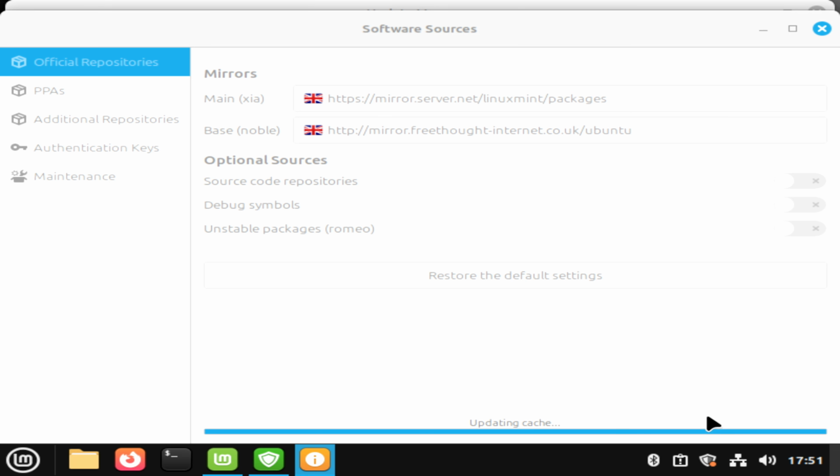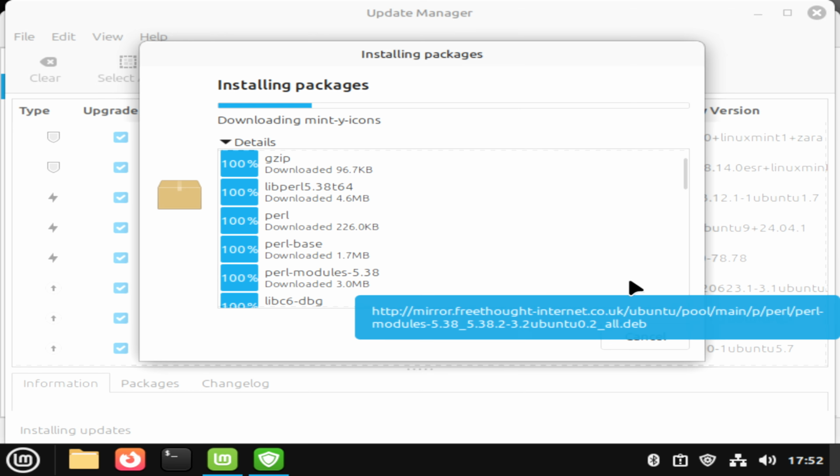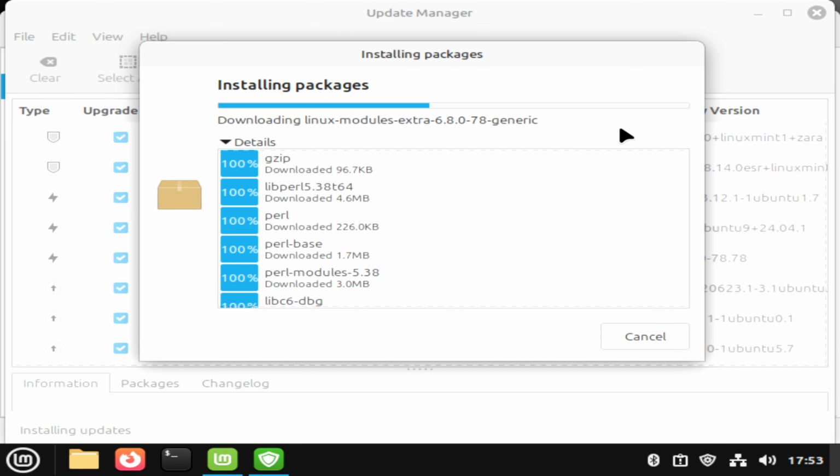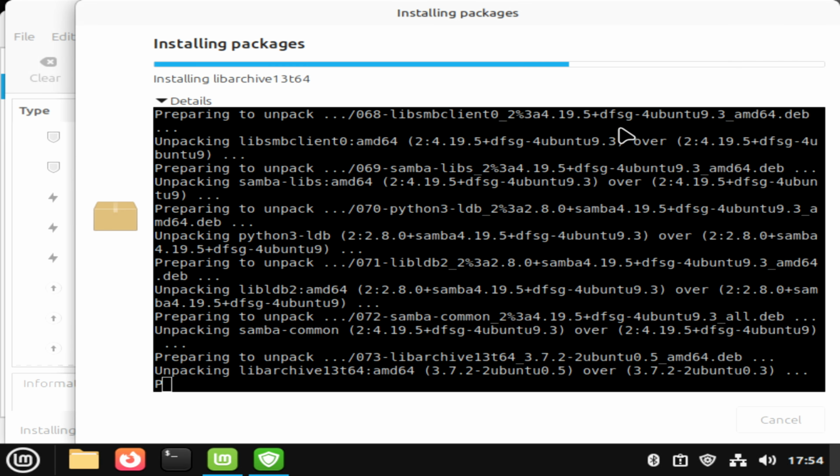There you go. I'm going to speed this up because it's a bit slow. So we'll whiz through the update part. And there it goes. They'll all download, and then we'll have to do another reboot, and then we'll come back and we'll do the